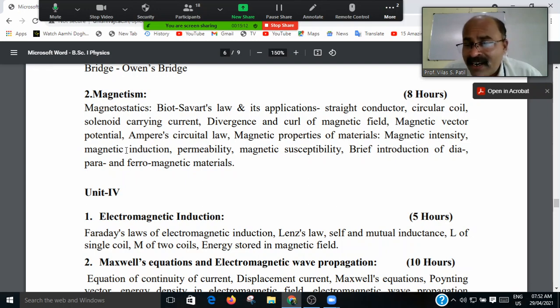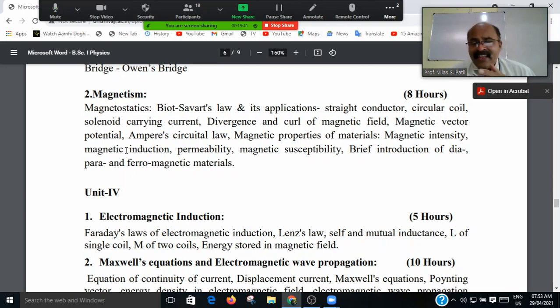If there is a conductor carrying current I, then due to the current through the conductor, magnetization is produced and a magnetic field is produced, and the strength of the magnetic field around the conductor will be different at different points. Consider any point P which is at a distance R and making an angle